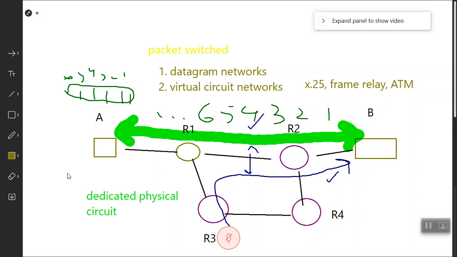Exactly the similar way, when you have to send a packet from A to B, you have to inform the packet that this is the path, this is the destination where you're going, this is your source, MAC address, IP address, and other details that we'll come to know. So in virtual circuits, the overhead is much smaller as compared to the datagram network. Connection is reliable in the sense that you will ensure that the packet is received by B one by one. That's why we call it a reliable network.